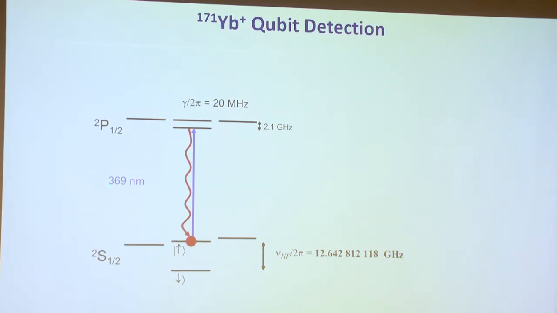We have to know this laser wavelength to about 10 digits. I didn't write them all. But we tune lasers to hit a resonance. The resonance is only about 20 megahertz wide. That's why you have 9 or 10 digits here. And if the atom was in that state, it will fluoresce strongly, and it will, importantly, come back to where it started. And so it goes up and down.